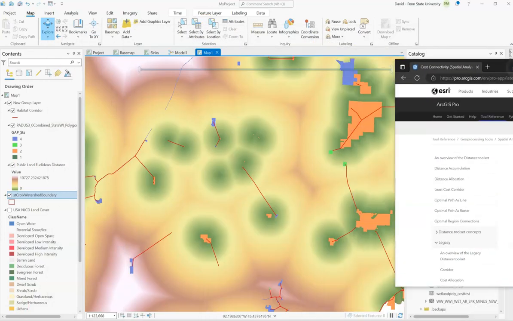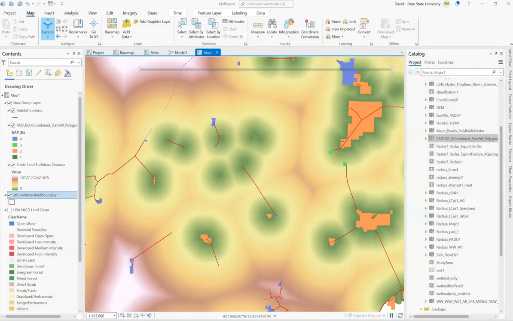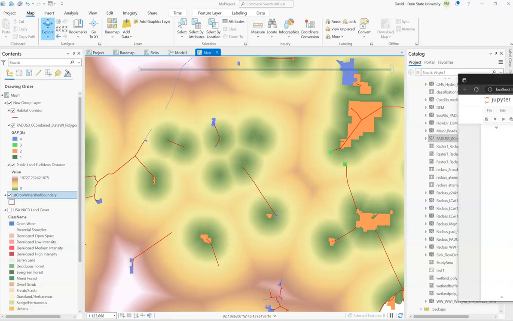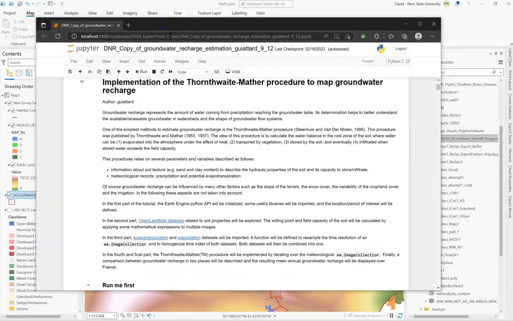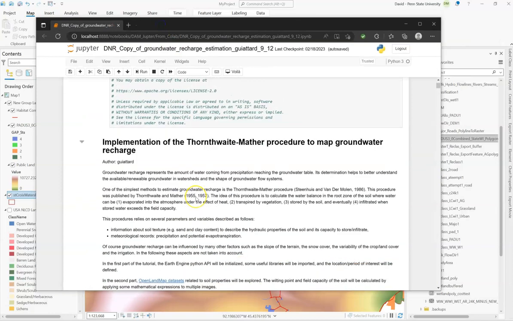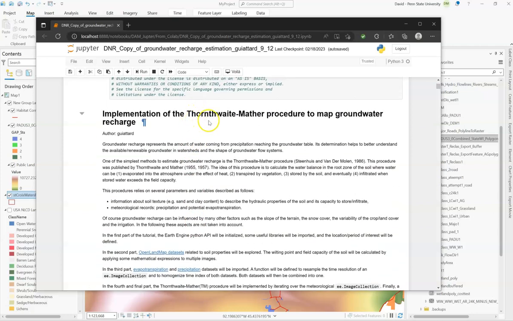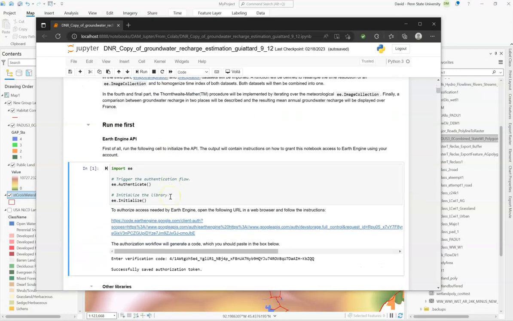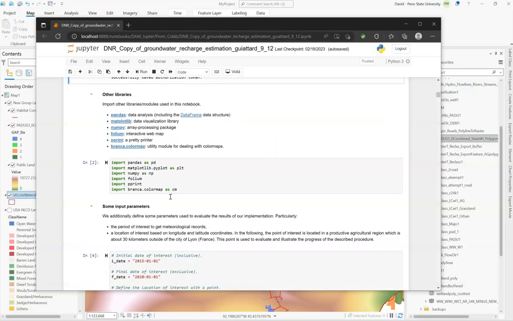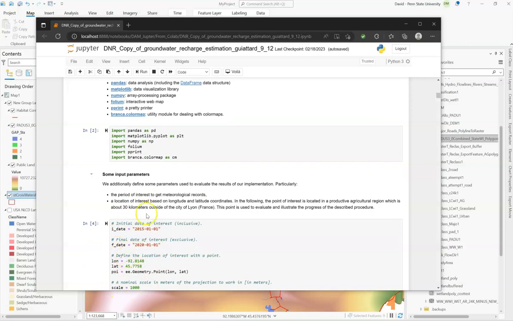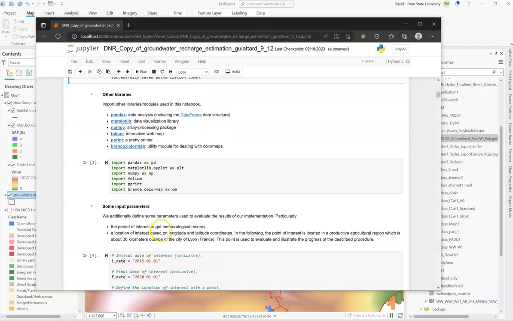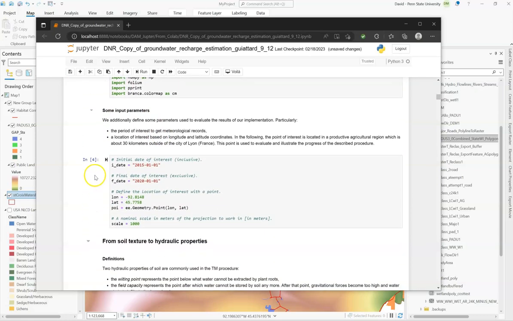One of the powerful things about notebooks is being able to find studies and research that is open source and already done. For this example, I am not even going to try and say that name, Thornthwaite Mather procedure for groundwater recharge. And this is open source. So we were able to copy this and change the variables to fit our study of interest. I'll go ahead and run this so you can get an idea of what